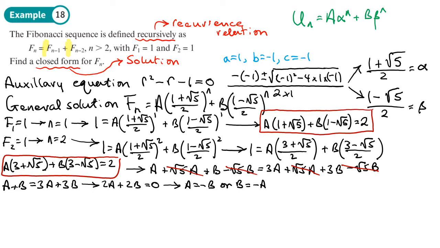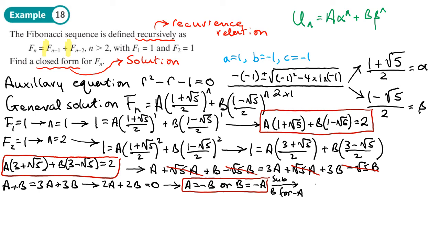So that's going to be useful, so I'll just highlight that. And now we can use this and substitute it into one of these two and then go on to find the values of a and b. Right, so if I now take this equation here and substitute this b for negative a, so sub b for negative a, so you can see what I'm doing,